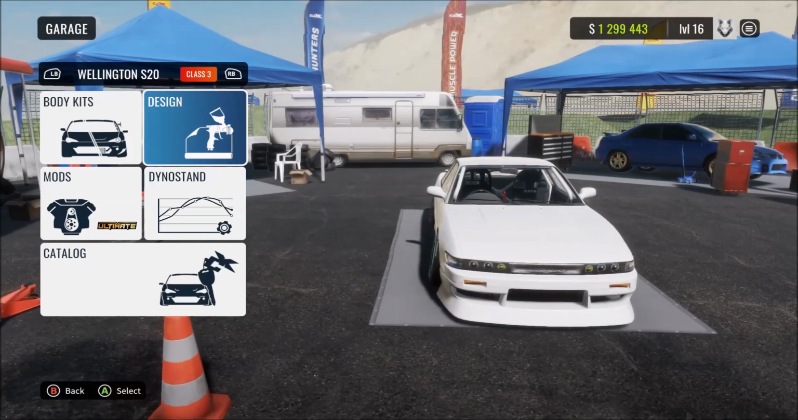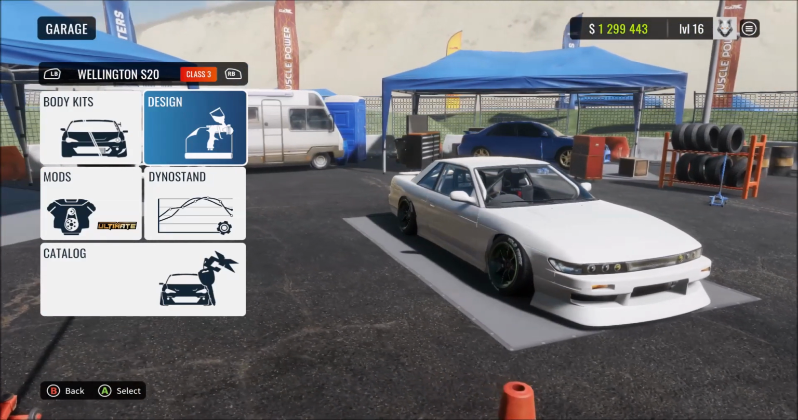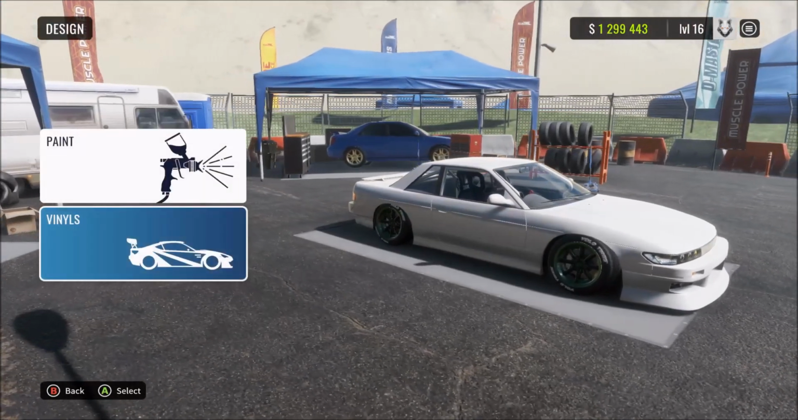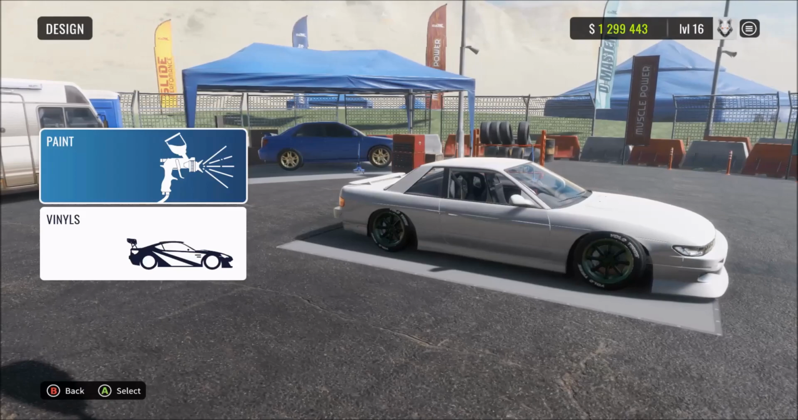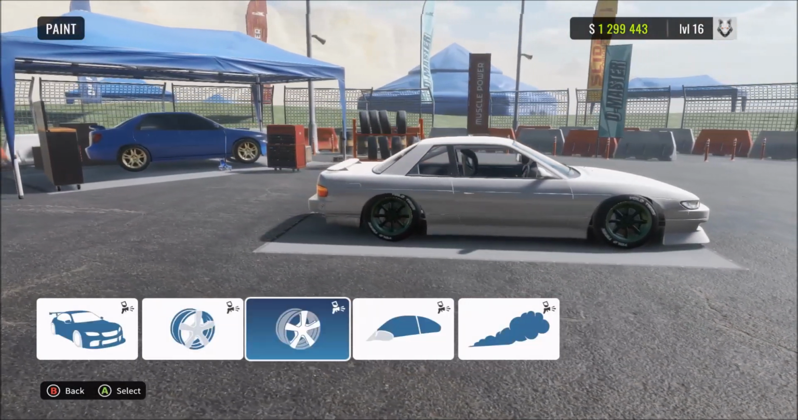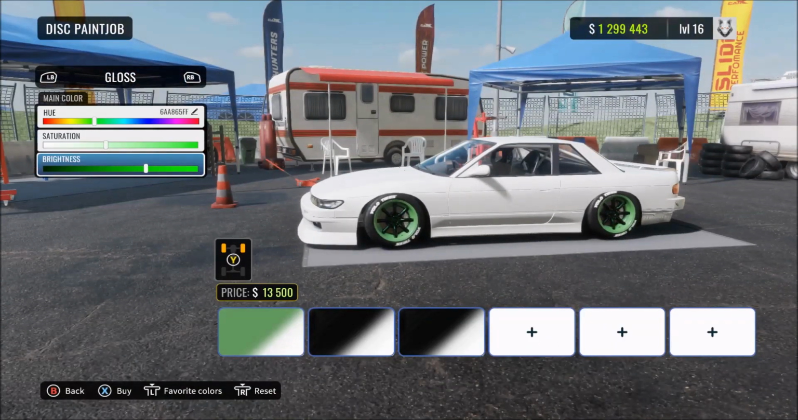This is just a quick video showing you how to use the paint design and vinyl editor on CarX Drift Racing Online. So we'll start off with the paint editor. This basically lets you choose the base colors of the car itself, the wheels, the window tint, and the smoke color. So the paint editor is pretty basic, but what you might not know is that if you press Y